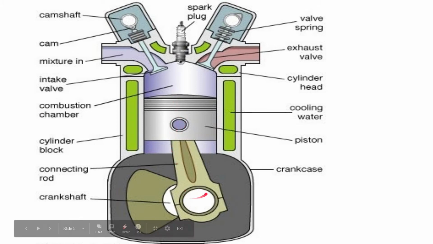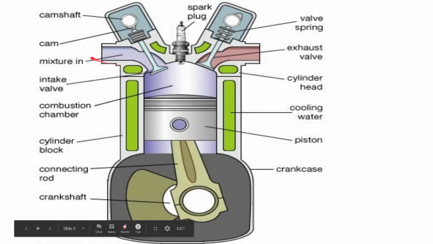And this is the connecting rod which connects the piston and the crank on the other end. So this is the crank, this is the crankshaft, and it will have a rotary motion over here. And the other end of the connecting rod, this is the small end, this is the large big end. This end will have a reciprocating motion.